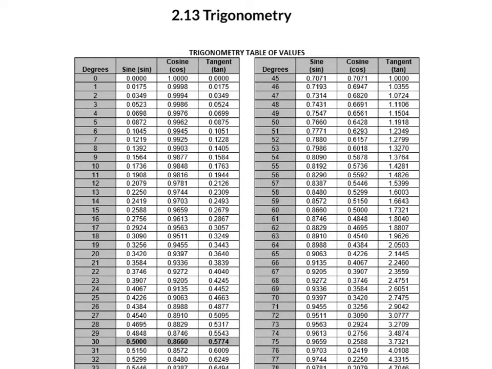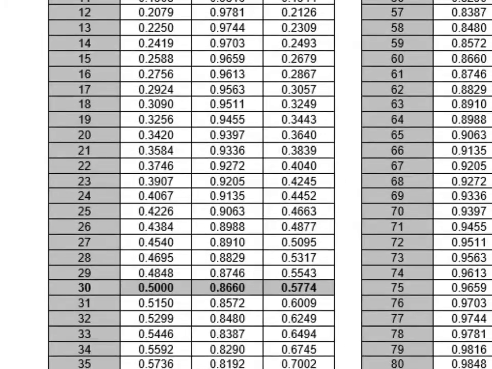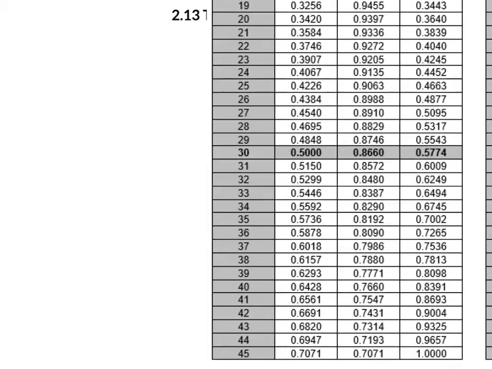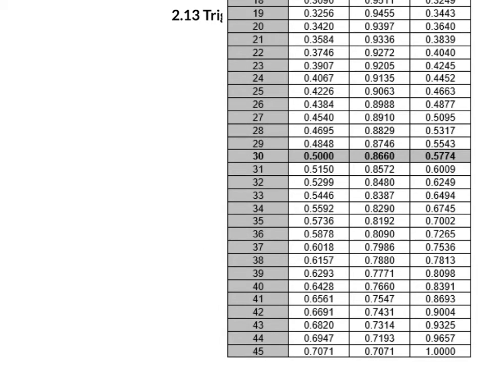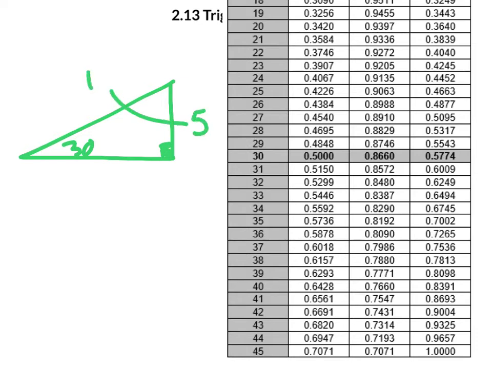I want to take you through some number patterns that are found within this cool trig table. The first ones are these ones that are highlighted here, and it has a 30-degree right triangle. Now the truth is, you and I know quite a bit about a 30-degree right triangle. Let's say the short leg was 5, that would make the hypotenuse 10, and it would make the long leg